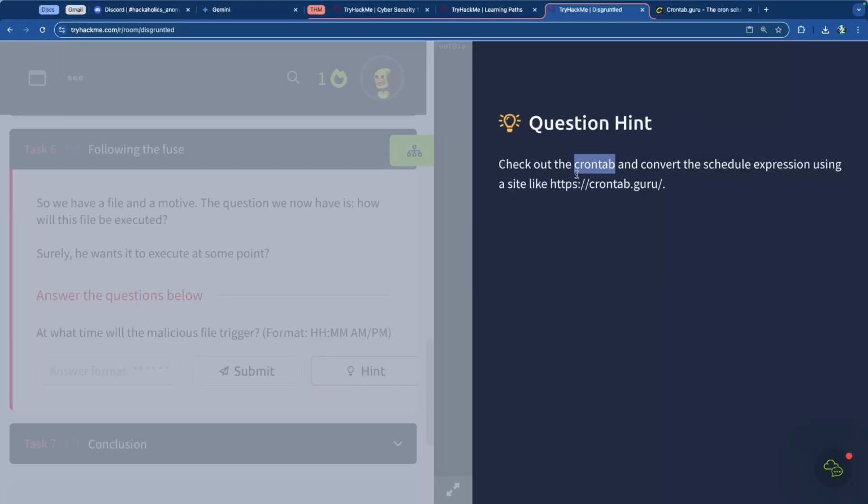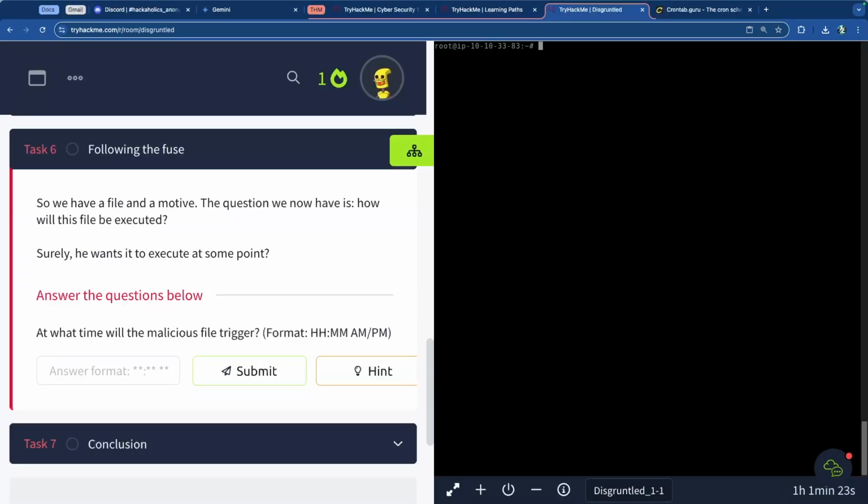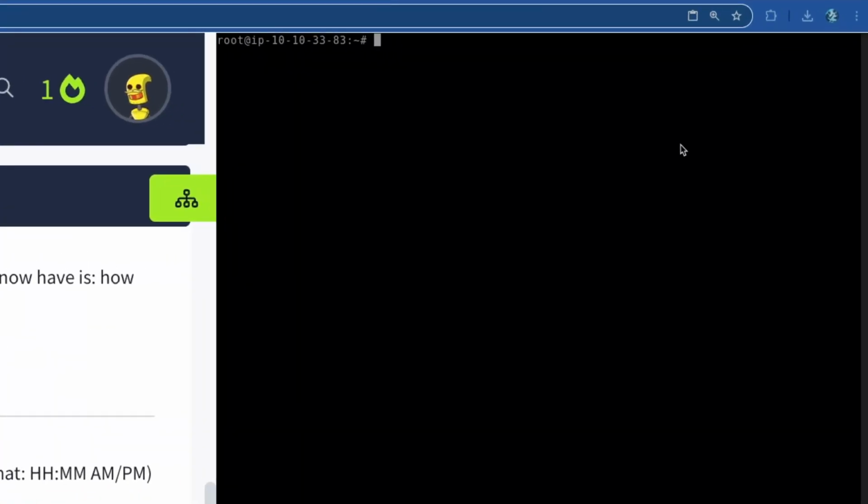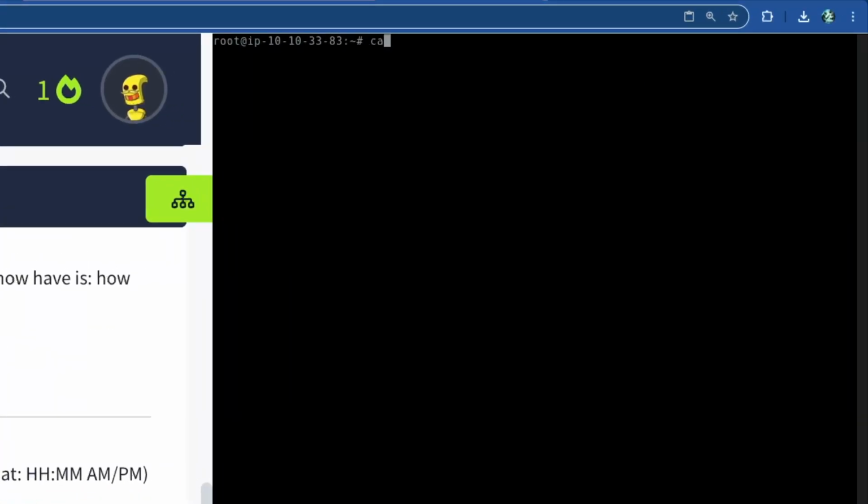Okay, so now we have the location of this thing, which is going to be in our crontab folder. So crontab is basically what does this stand for? Scheduled tasks, right? They're called cron jobs. So that's where it's located. That's the location of the scheduled tasks inside of Linux, which is crontab. So it's located inside of the etc directory, and we can just cat it onto the screen, concatenate onto the screen, which would be